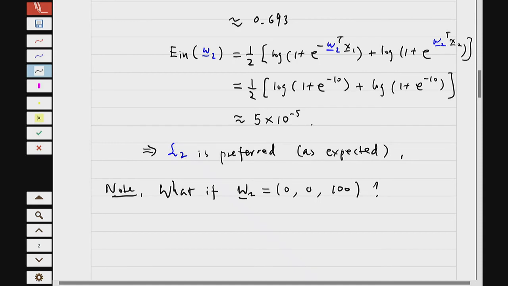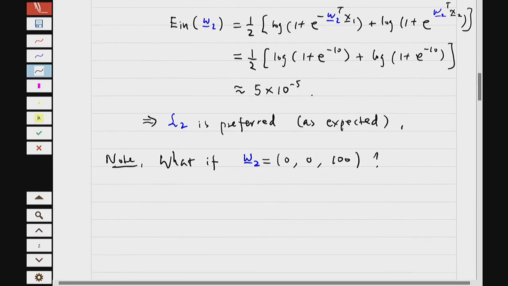In fact, because it's the same, let me change it to blue and make it more striking. It is the same line, right? Even if I scale W in any way, I still get the same line. That should be clear by now, from elementary school math. But